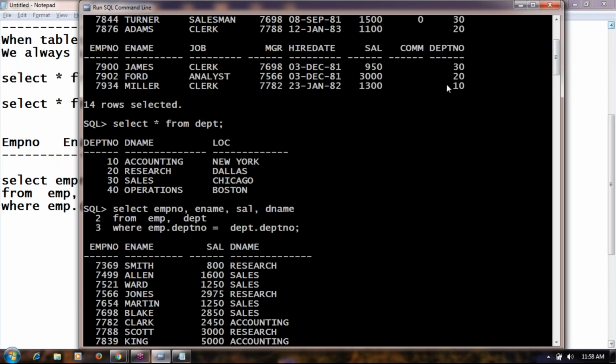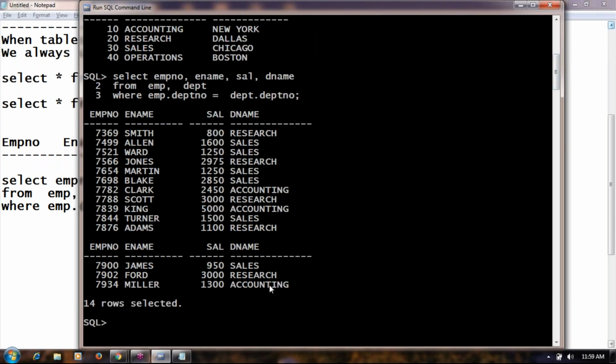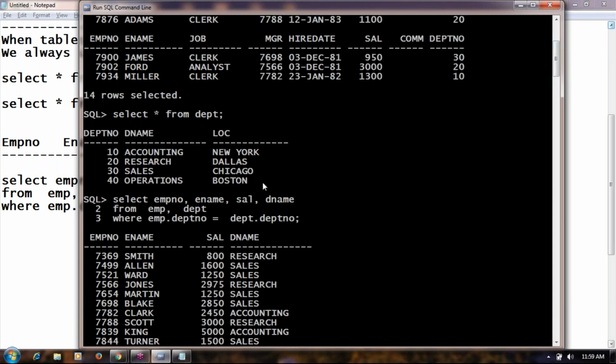It picks up the department number 10 for the Miller record, checks department number 10 in the department table, and the equating value is accounting. So for Miller, it will display the value accounting. That's it. Logically, the same thing you do manually is also done by the query. There are no constraints required for equi-joins. We need just a common column.